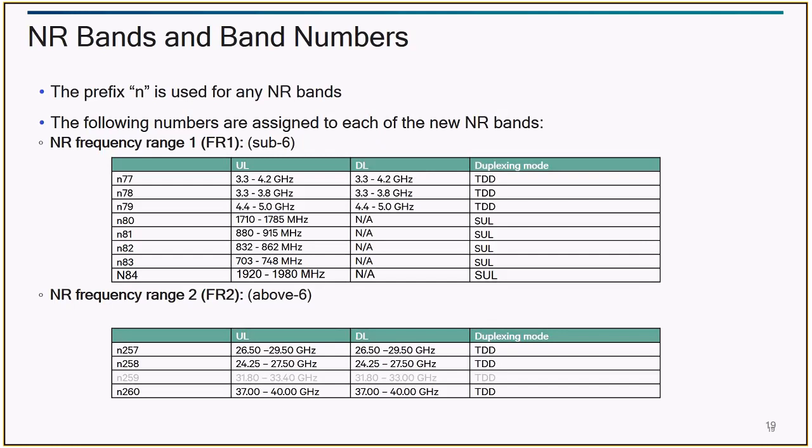For FR2, there are currently only 4 bands identified: 257, 258, 259, 260. The first 2 are from the US, the third is from Korea, and the fourth is again from the US. All are TDD bands. You mentioned TDD, FDD is also in the description. Actually, there is a more detailed one, so N71 is one band which is going to be used by T-Mobile and is an FDD band, but with only 40 megahertz bandwidth.